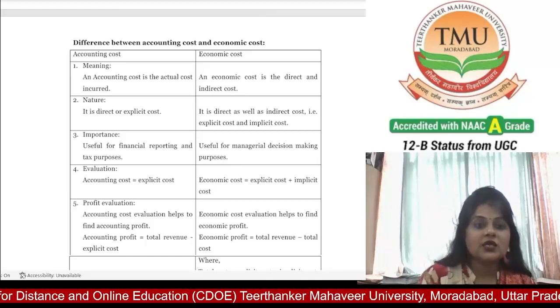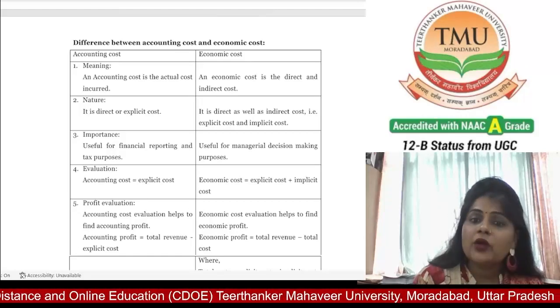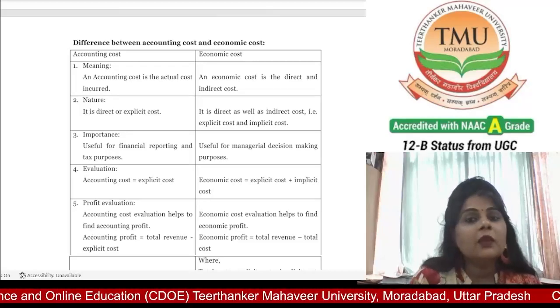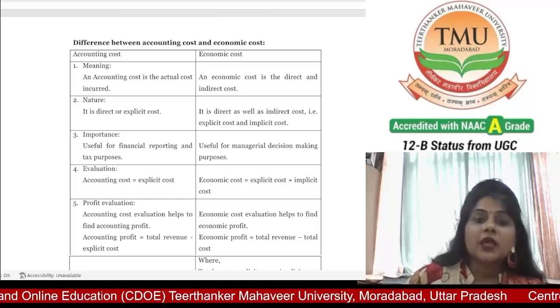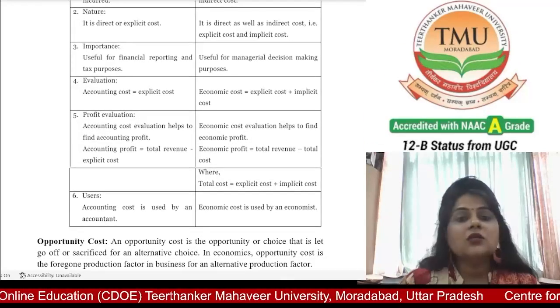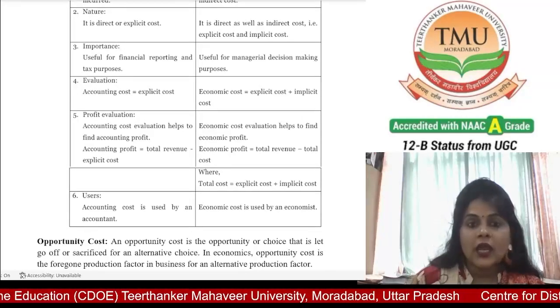I have also discussed it about, while economic cost is useful for managerial decision making purposes, and accounting cost is equal to explicit cost, while economic cost is equal to explicit cost plus implicit cost. And